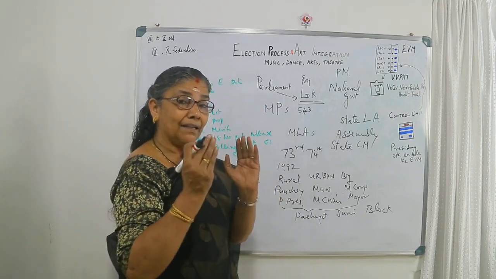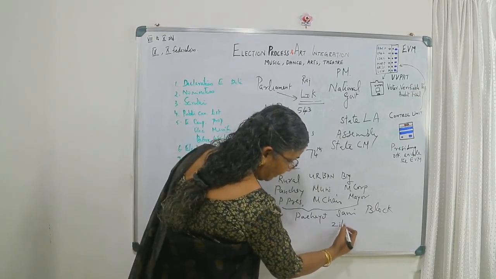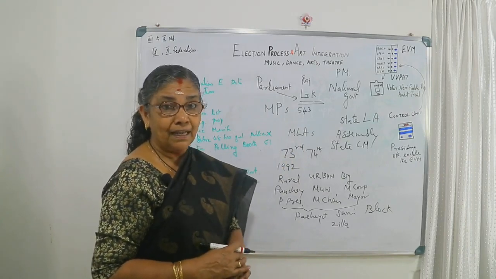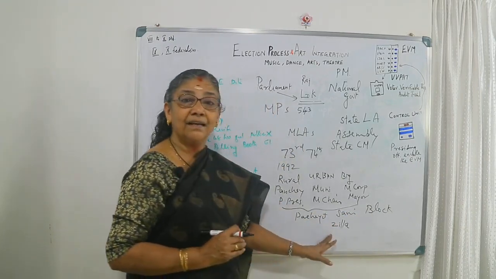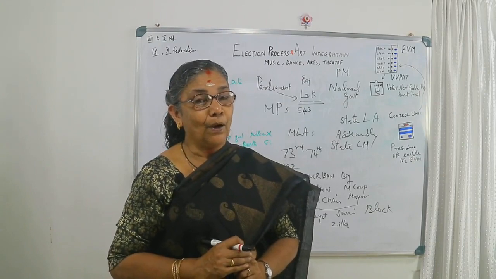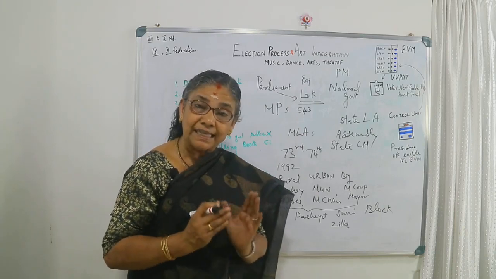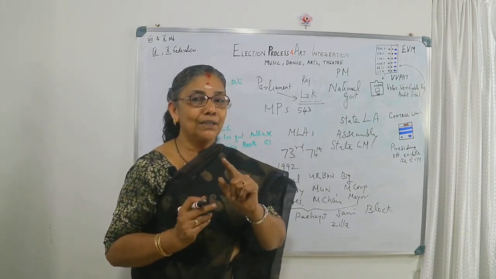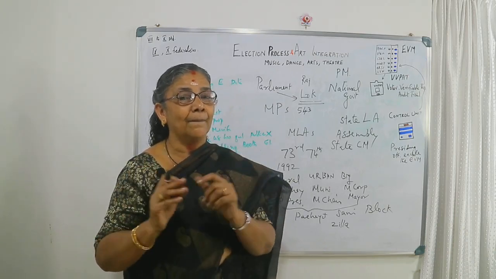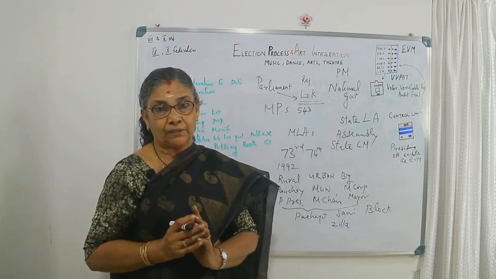So at the block level, and all the blocks together we call the Zilla, and the Zilla Parishad and Zilla Parishad chairperson. The block level has a head, and the Zilla level also has a head. All these heads are known as political heads. The Zilla Parishad chairperson is the political head of the district. But do you know who is the real head of the district? The collector is the real head. He has full control over the responsibility and duty of the whole administration of the particular district.